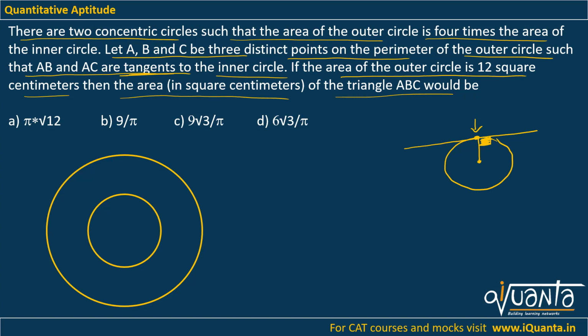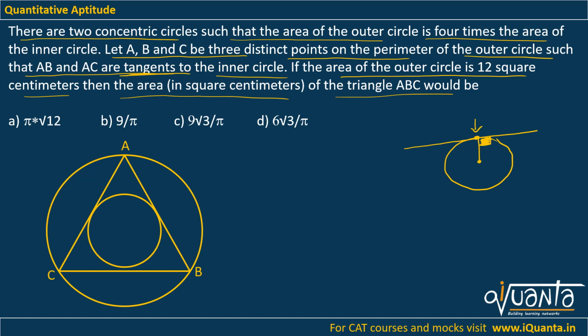So now let us draw the tangents AB and AC. I'll take a point A on the boundary of the outer circle. From there I will draw two tangents to the inner circle. So these will be those two tangents, hence this will be my point A. I have to ultimately make triangle ABC. So I'll make this a triangle by joining these 2 points as well. So this is triangle ABC. Our diagram is complete.